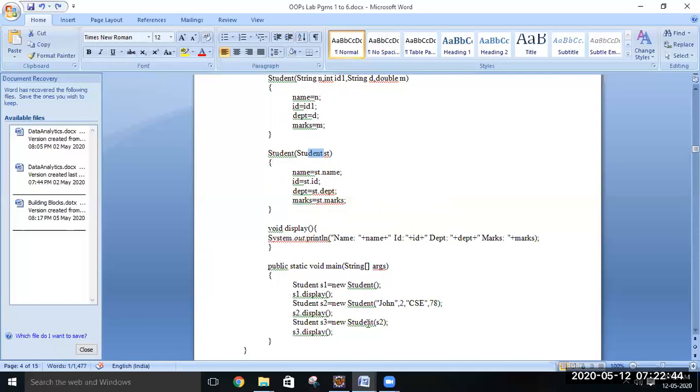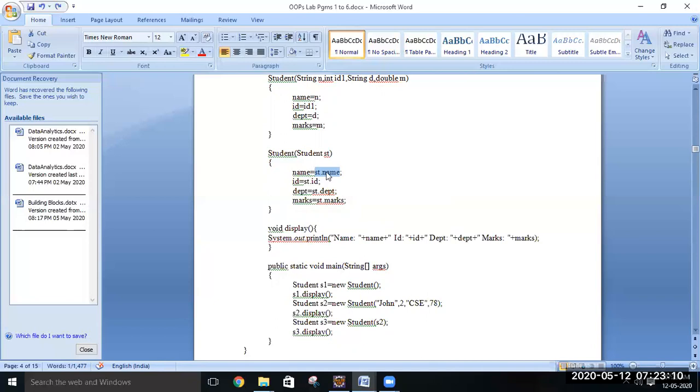Once this line is executed, whatever values are pointed to by S2 will be copied to ST. If you want the name of the student, we access it like st.name, which will be similar to s2.name. What is the name of the second student?